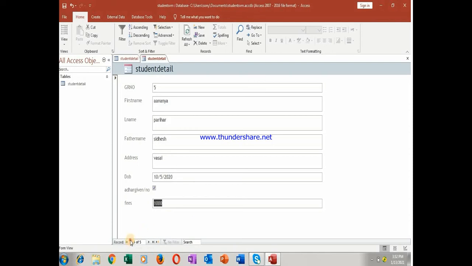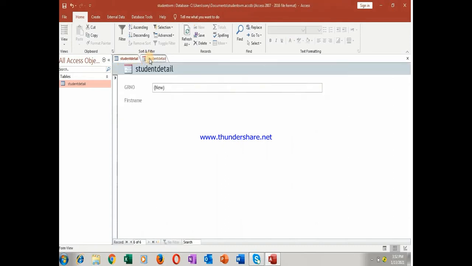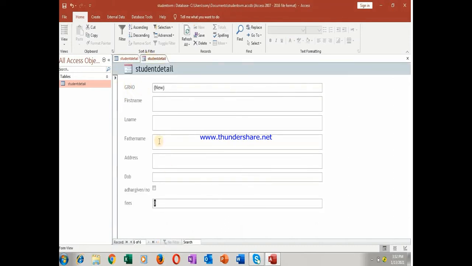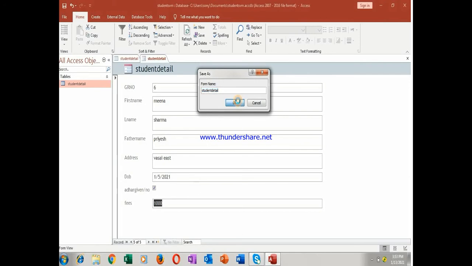Now there are 5 data, can you see it? So you can also go to this, and your 5th data you can see it. Now this is the next one for the new data. So now you understand, and you can see these details in the table also. In this, when you go to the 5th one, Meena, you have to close this form first. You have to press yes, you have done this. Okay.